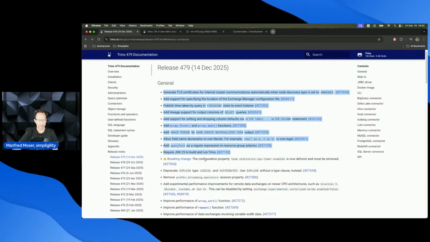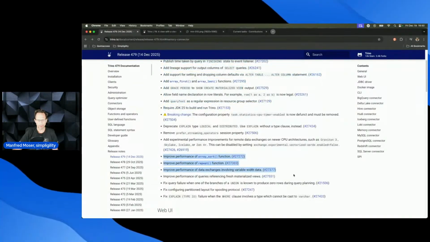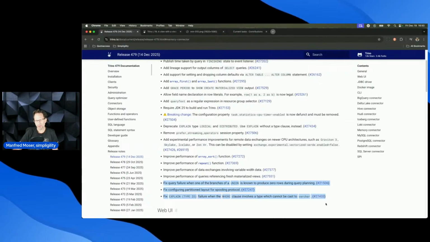Then we talk about anything that breaks or changes. Then we talk about performance things. So it's kind of sorted. And then we talk about any bug fixes. So if you're only interested in bug fixes, you have to look at the bottom of each of